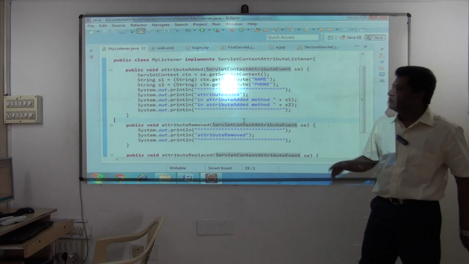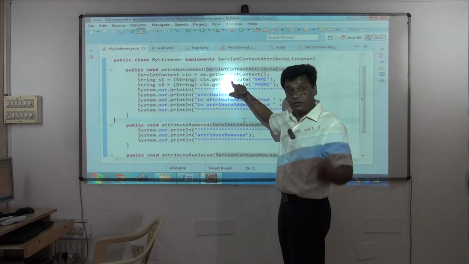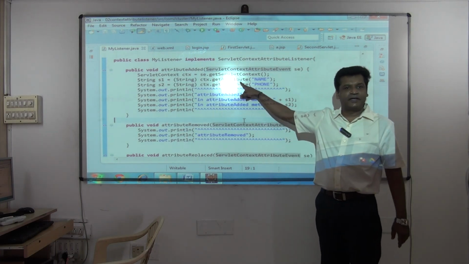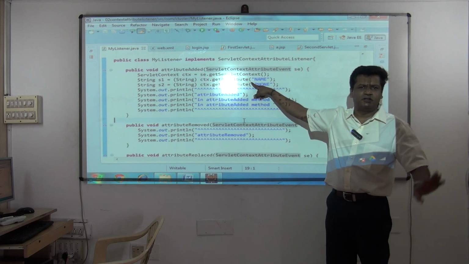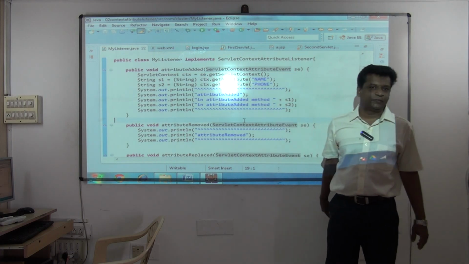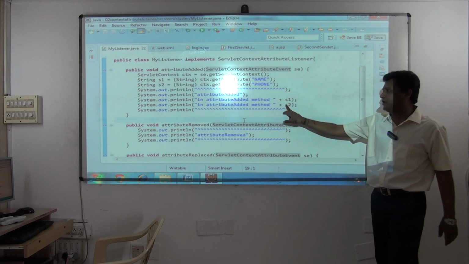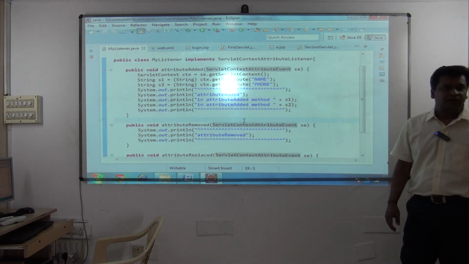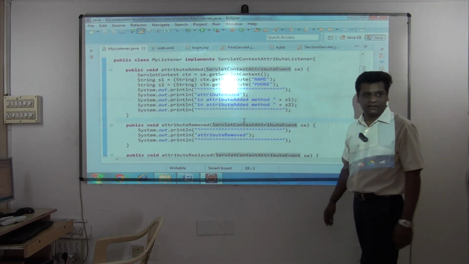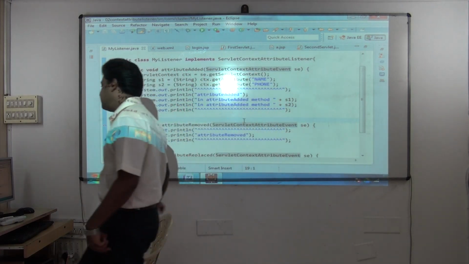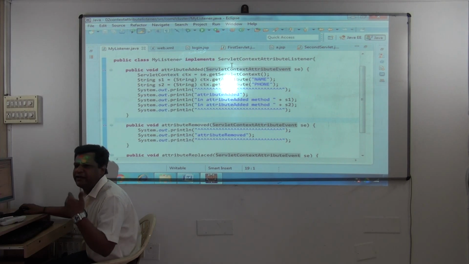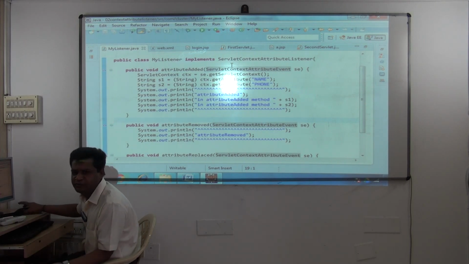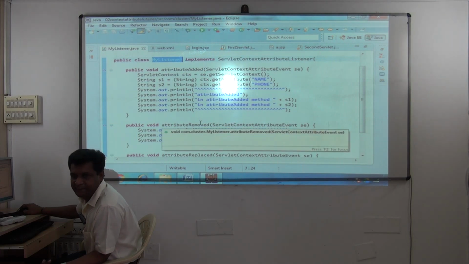Understood? That is crucial here. See this, I got the reference, and I am getting the value also. I can get whatever attribute is added. That's your wish, you can write the logic as you like. But I am doing SOP, just printing now. See S1, S2. So it will print also. Clear? This is how it executes. So let's see the output now. The only extra is that you know how to add an attribute into the context and how to remove an attribute from the context. Just write an extra class called a listener. That's it.